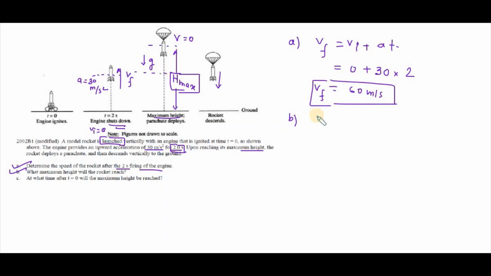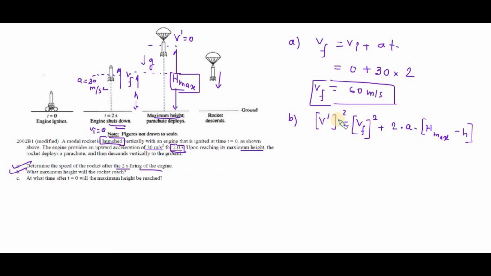Now we can apply the equation of kinematics, that the final velocity square, here v prime, is equal to the initial velocity square. After 2 seconds, what is the velocity? That becomes the initial velocity at this point. Initial velocity square plus twice into acceleration into displacement. So what should be the displacement? Let's consider this height is small h. That means the total height it has traveled in this period is h max minus small h.